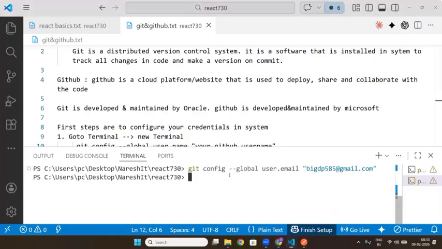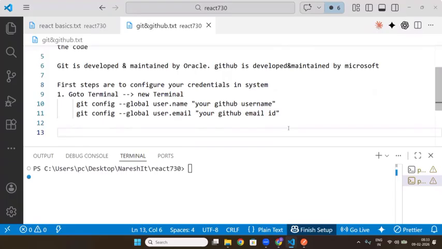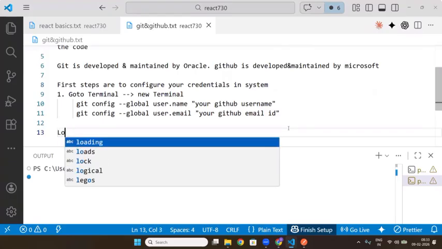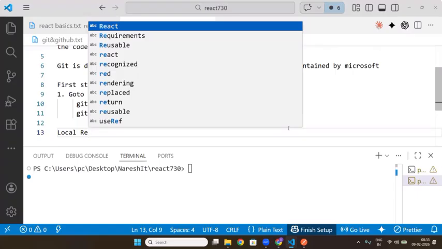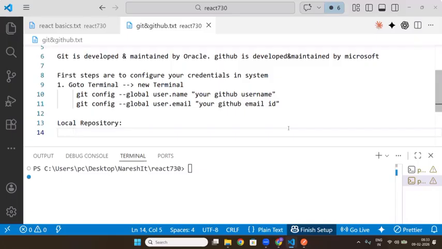Good. Next one, sir. Let's go with Git. How to do Git now? After these steps comes the local repository. Local repository means whatever you are doing locally. First, you have to do local Git. Everything in Git is local only. The steps are: